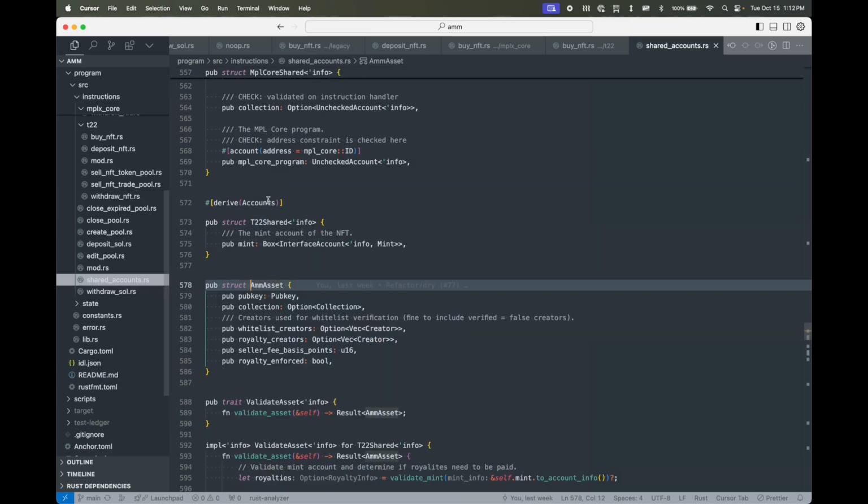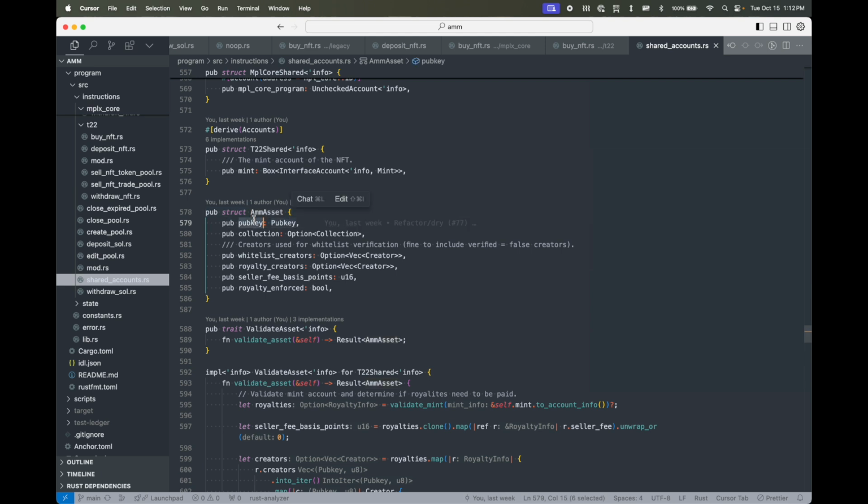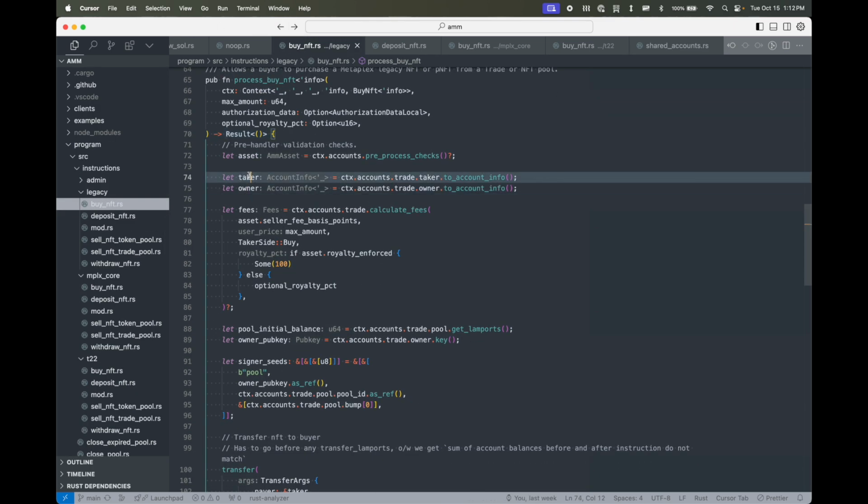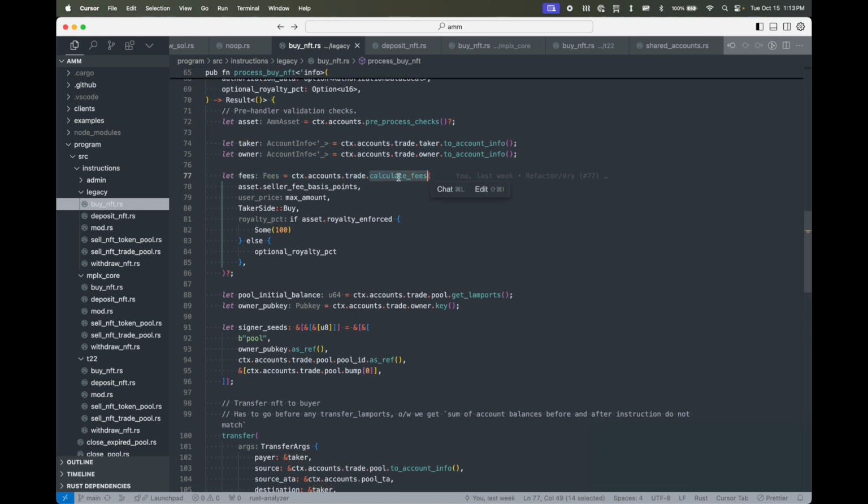Let's see if we can actually look at this. We just have an address for the asset. We're not calling this a mint because it could be a mint-based NFT or it could be an asset NFT. So it's just the generic pub key that represents the asset. It could be a collection. We have some creators and other things we get from the metadata so that we can do our fees and royalty calculations. So we have our assets, we get some other accounts we need, we do some calculations of fees,